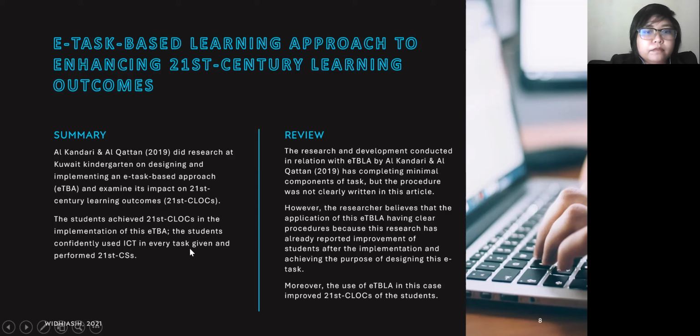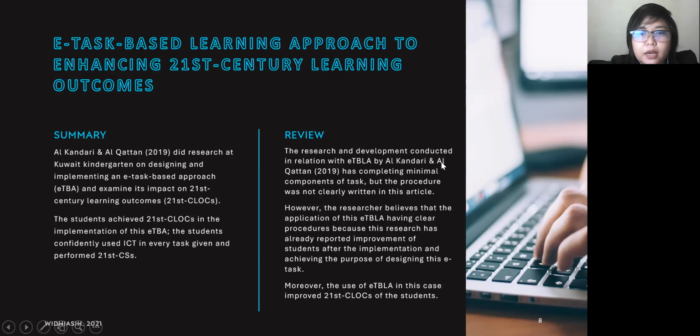So Al-Kandari and Al-Khatan have already designed an e-task-based approach in teaching in kindergarten, and the results showed that the students can improve and achieve the 21st century learning outcomes. And the review is the research and development conducted in relation with ETBLA